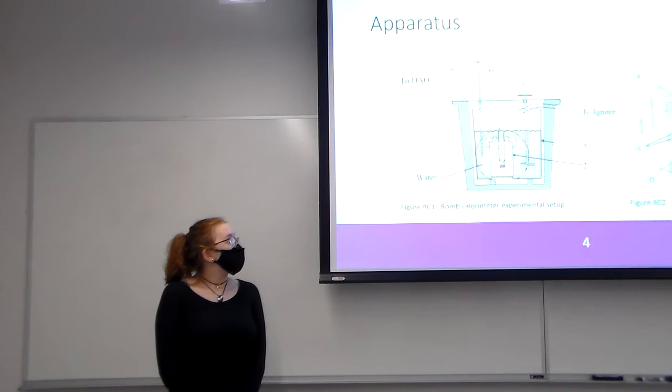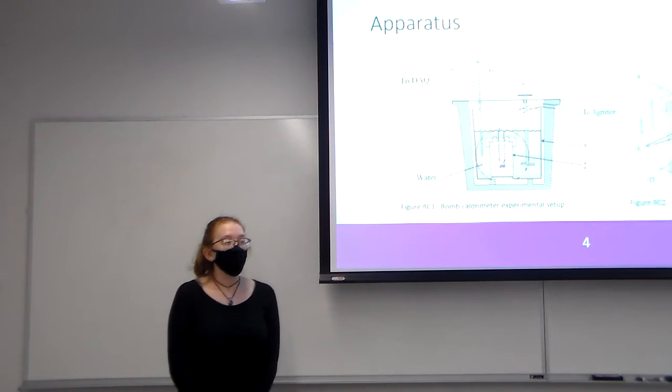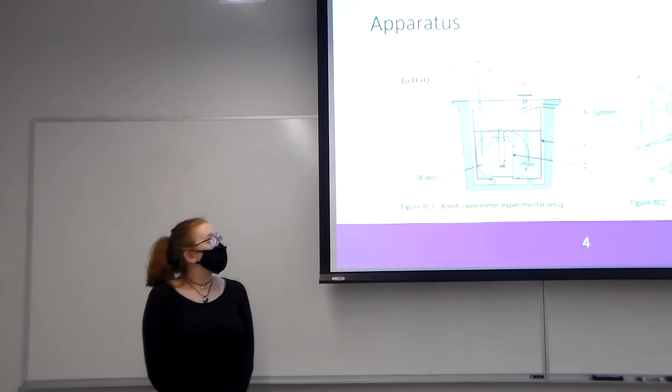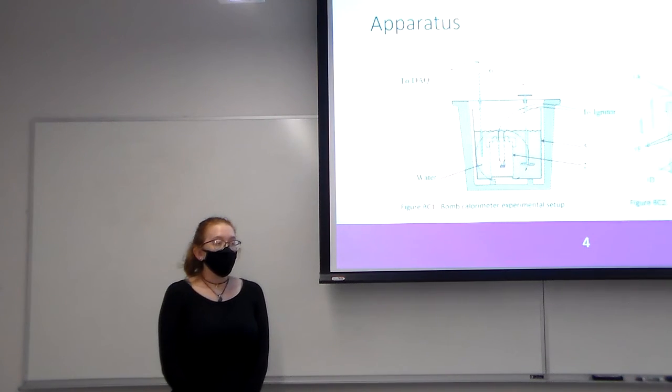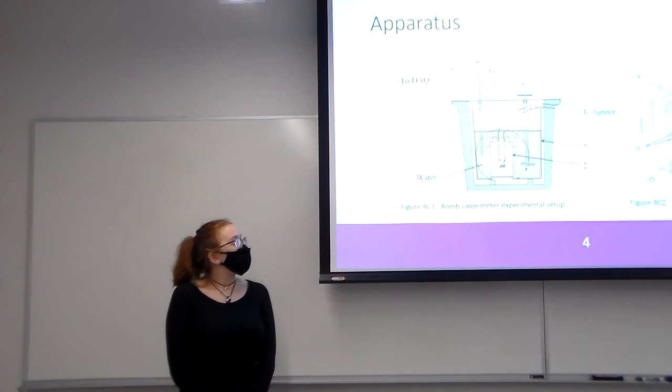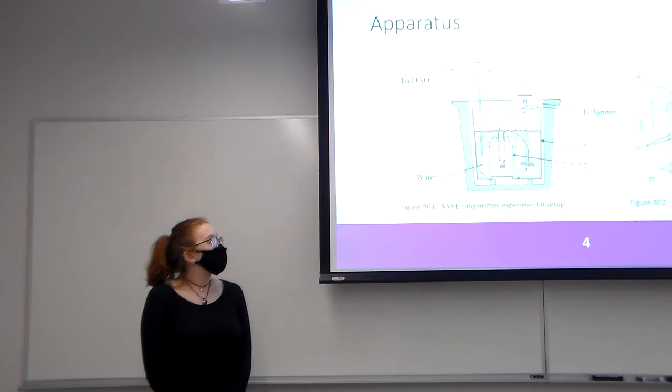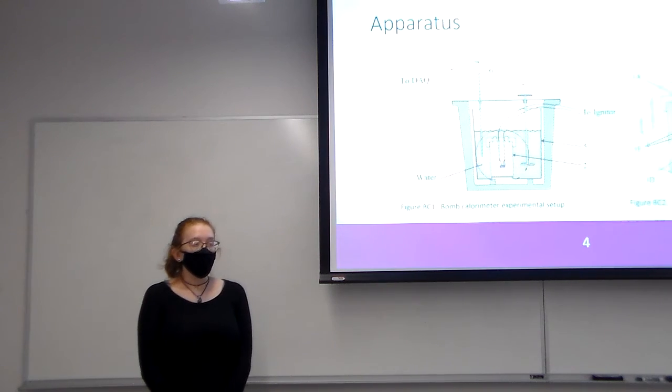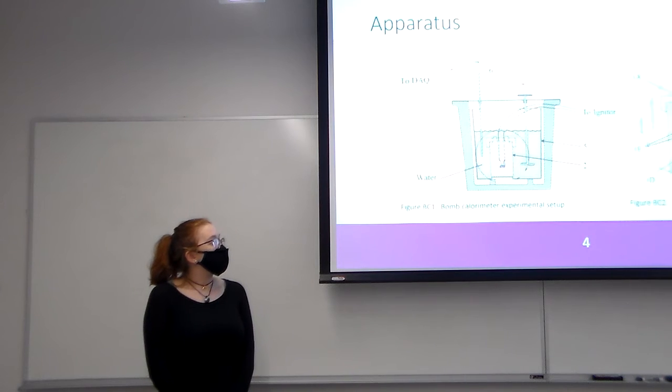So essentially, to begin the experiment, we'll put the fuel in the crucible in the bomb, and then we will add water around it. And essentially what we're doing is we're going to ignite the fuel in order to determine the change in temperature of the water, and then this will give us a rough estimate of the units of heat liberated during this. So we put the fuel in, we add the water around it, the electrodes and the ignition wire are going to ignite the fuel,